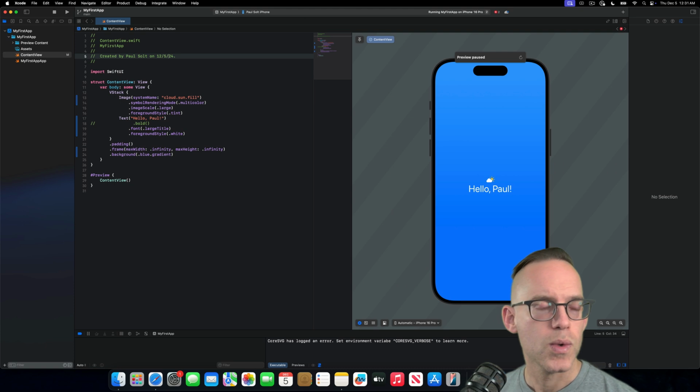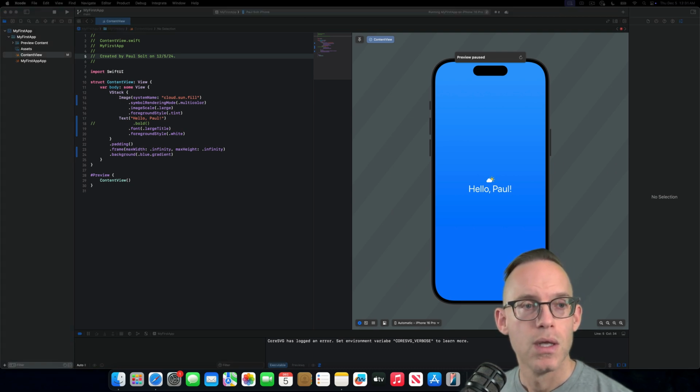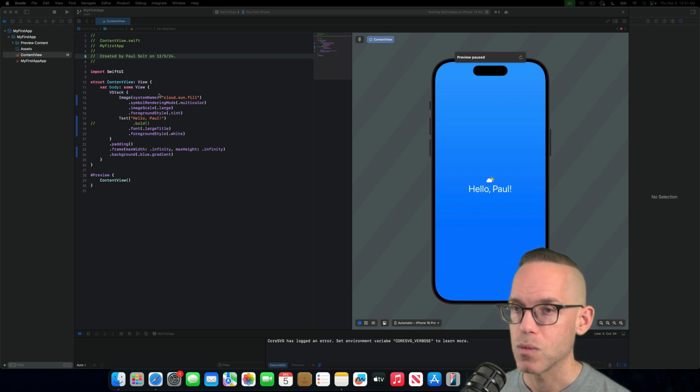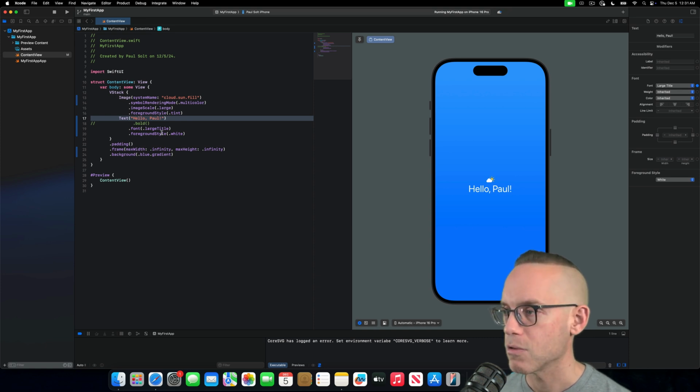All right, so we covered a lot of ground in this. I hope that this was helpful. We learned a little bit about Xcode. We learned how to install it, different ways that you can install it if you need to have multiple versions running. And then we created your very first project, which is a SwiftUI app that is now displaying a text message on the screen. We customized it a little bit, used an SF symbol up here that has a multicolor